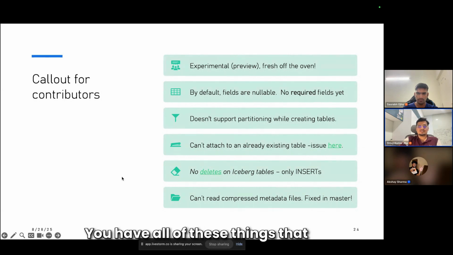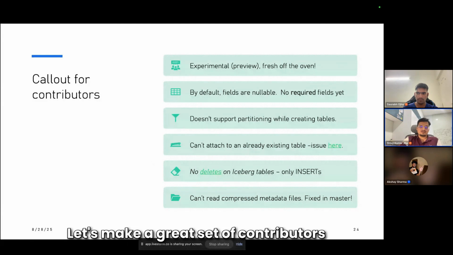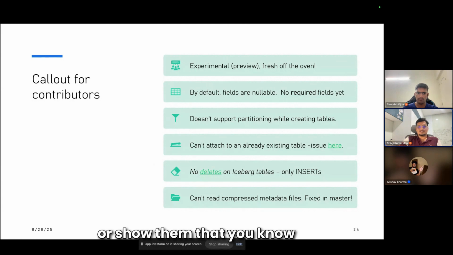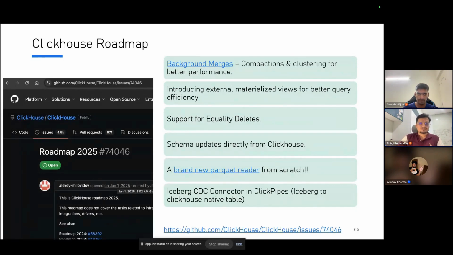You have all of these things that are absolutely required by anyone, so you can go take a stab at this. Let's make a great set of contributors in open source ClickHouse integrations or OLake, really, and show them that open source is actually a good model where you can get a lot of contributions.